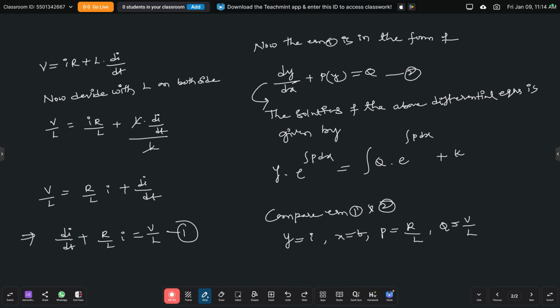So by comparing equation 1 and 2, we get y equal to I, x equal to t, p equal to r by l, and q equal to v by l. So you just substitute these values in this equation. Then we get,